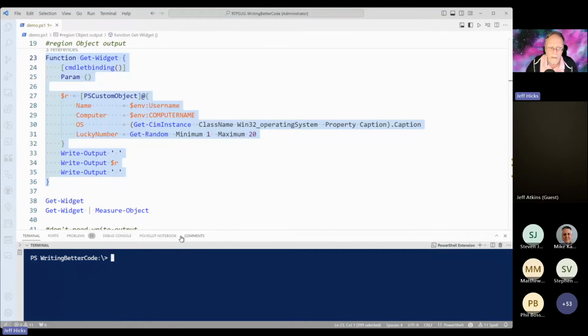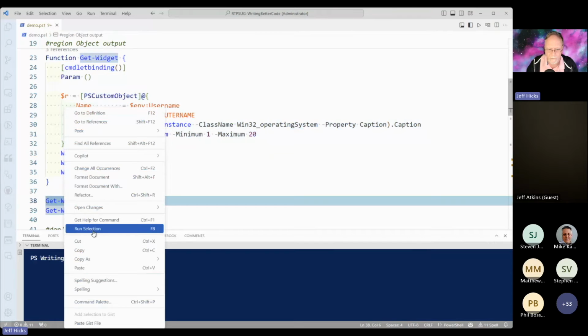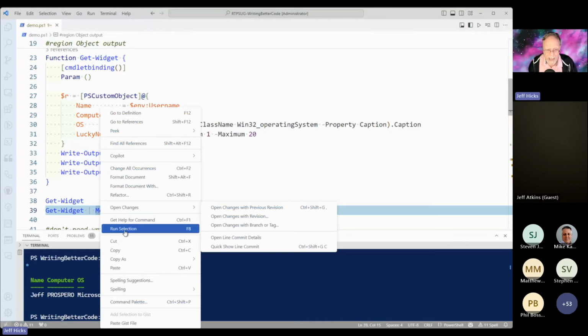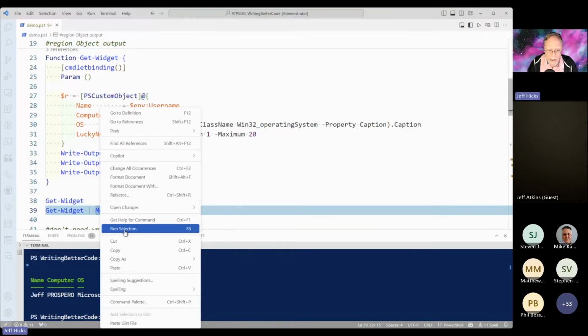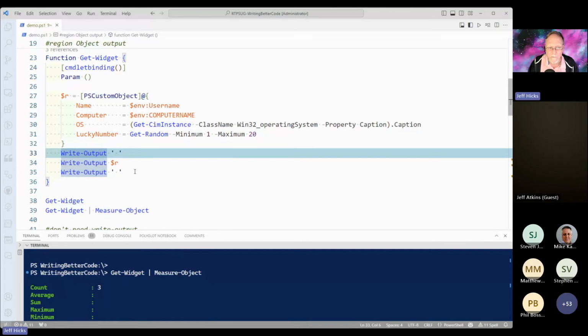There we go. Okay. So if I run this function getWidget by itself, everything looks perfectly fine, right? I got my object, I got properties and all that. But if I rerun that command and measure it to say, hey, how many objects am I getting in the pipeline? I'm actually getting 3 objects, not 1. And that's because in the function,